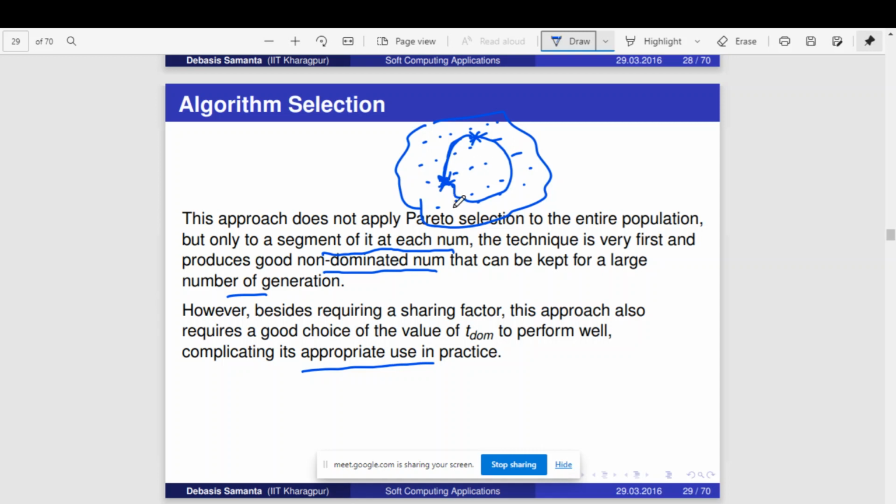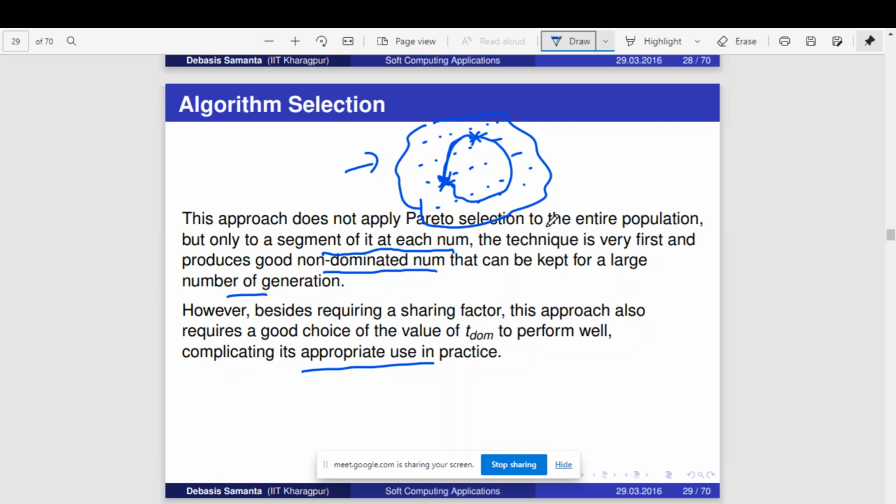So for example, as an expert, you know that this is the entire solution space, but you identify that the optimal solution is in this area. Then you can apply this algorithm. Otherwise, you cannot apply it. Otherwise, to search the entire space for the solution, this approach may take more time or it may be highly costly in terms of computing, right? So that is what it says.